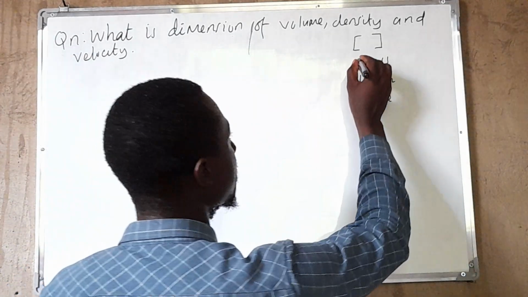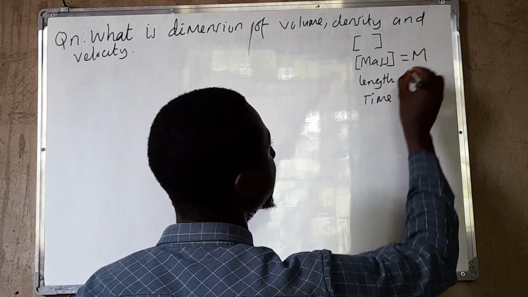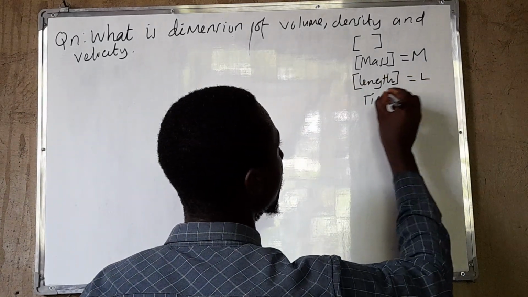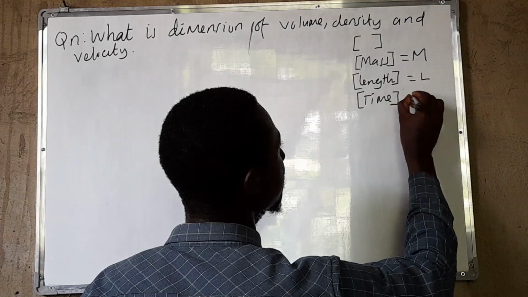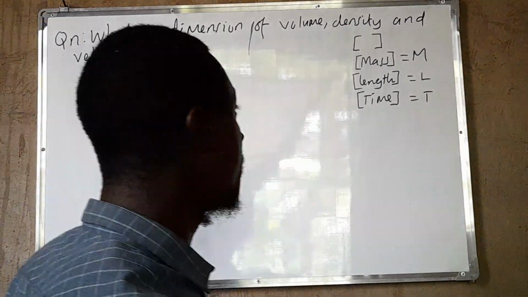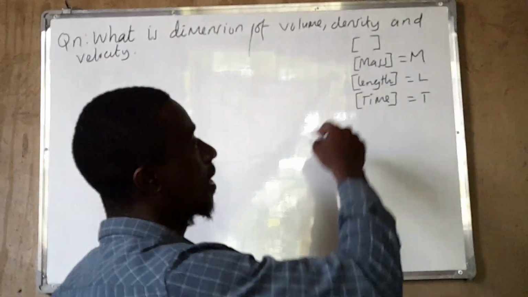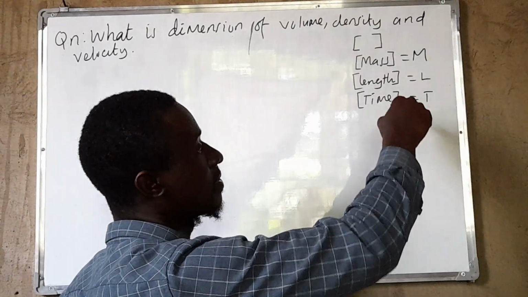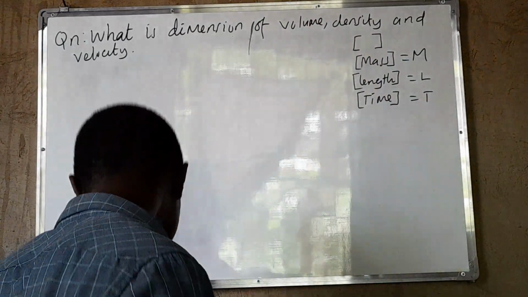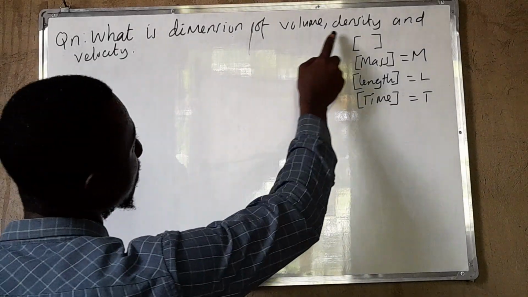So for example, we say dimensions of mass. Dimension of mass is M. Dimension of length is L, and the dimension of time is T. These are very important concepts. We are going to use the three basic fundamental quantities, mass, length, and time, to determine the dimensions of the others. For example, here you may find in our questions, what are the dimensions of volume, density,